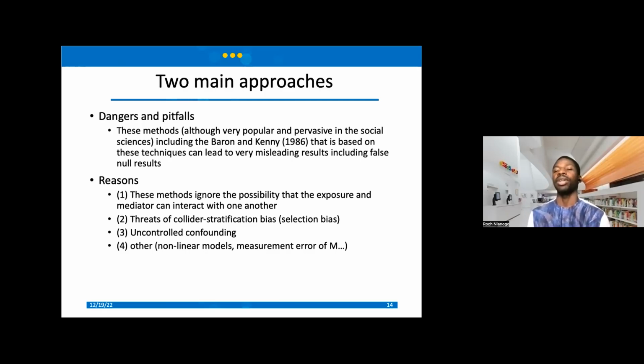Without them, it would have been very difficult to even think about how we think about it today, right? So you can think about it as the first step towards the understanding of mediation analysis, right? But the problem with a lot of these methods is that they ignore the possibility of an interaction, which we just saw in the beginning, between the exposure and the mediator, right? And that's really important.